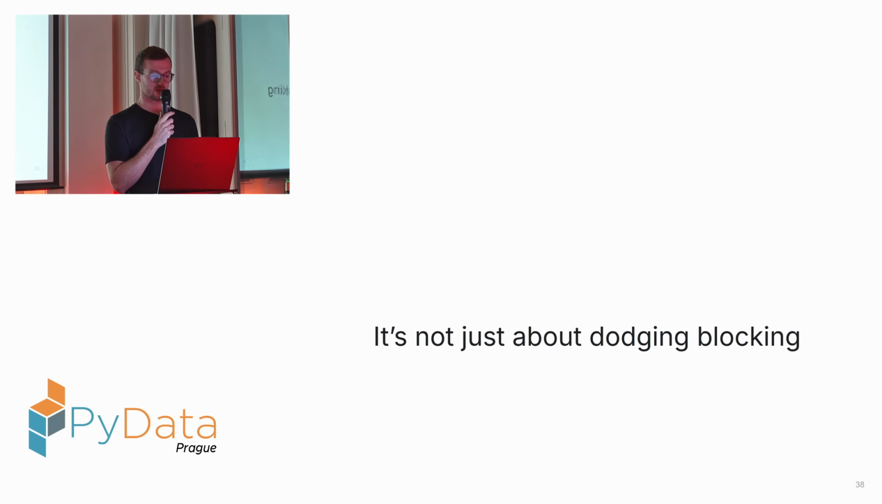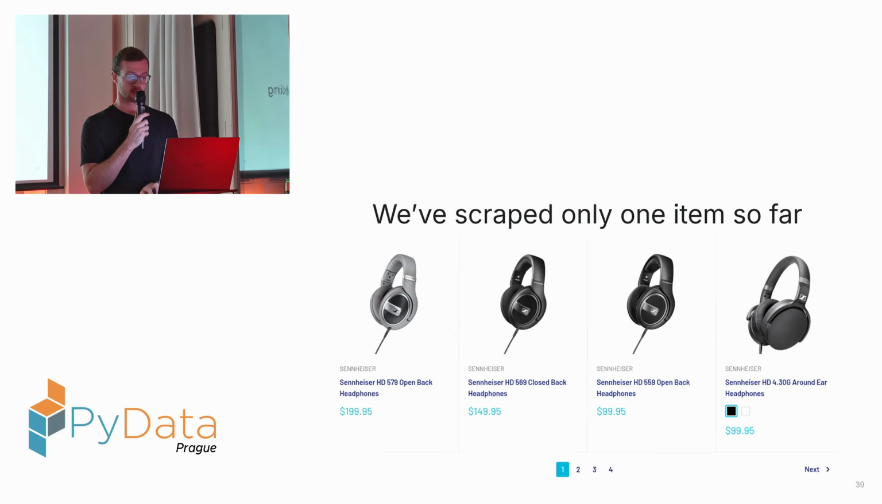So up until now, we've been talking only about dodging blocking. How can we get access to the website? But that's definitely not the only challenge in web scraping. So let me show you on the following example what is there. If we get back to the scraper that we've been building, we've scraped only one item so far. Only the first one in the headphones category, only the first product